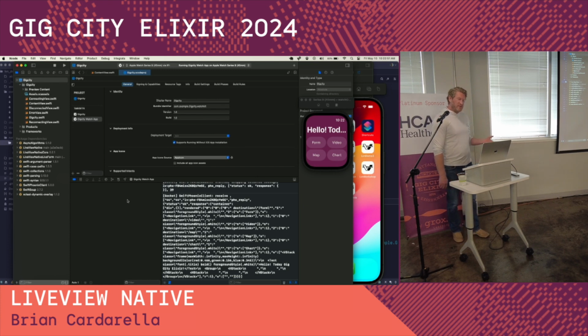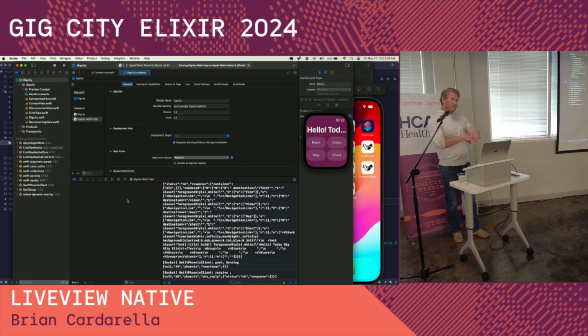Okay, so that is LiveView Native. As I said, we are getting very close to the point where I can share it and everyone else can start building with it. I look at this project as not just a cool project that expands our ability to start building other applications for our clients, but in addition to that, like Elixir itself, I want Elixir to win as a language,